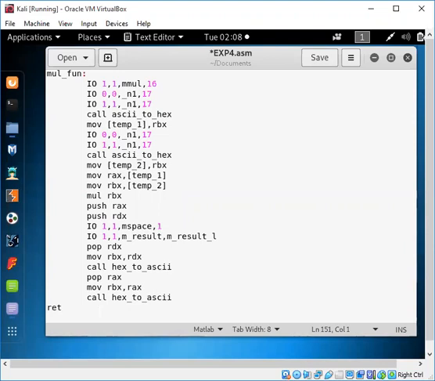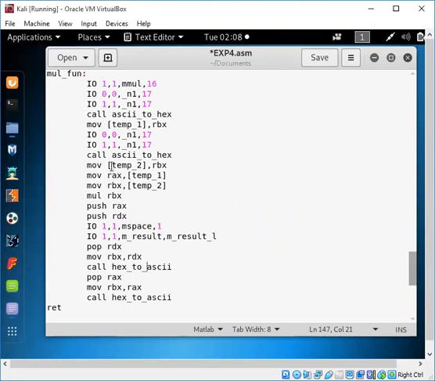Okay. So what is the difference with respect to addition? Right. If you are performing the direct addition, we are able to get the result by default in the RBX register. But now here what do we have to use? We have to copy the content of the first value in RAX and then use the multiply instruction, right? So then displaying the result which will be converted from the values which we'll have in the first variable and the second variable. Okay, so there will be one more additional part in it.